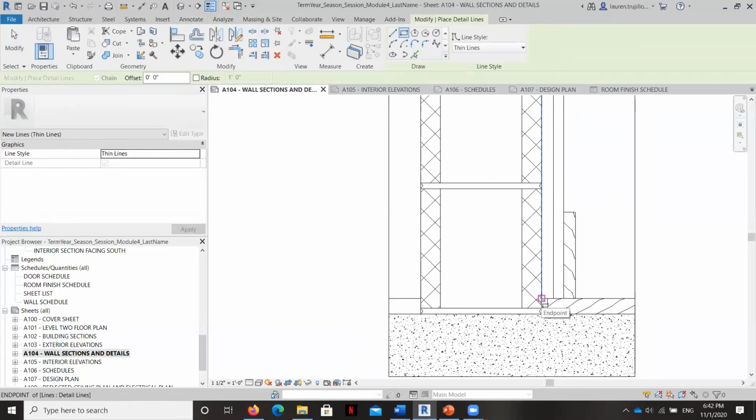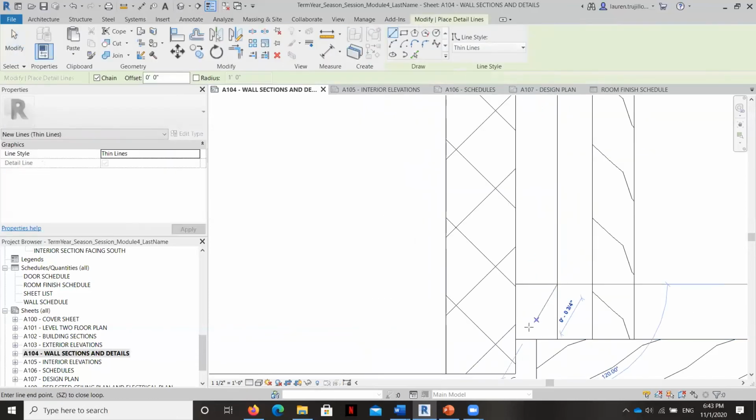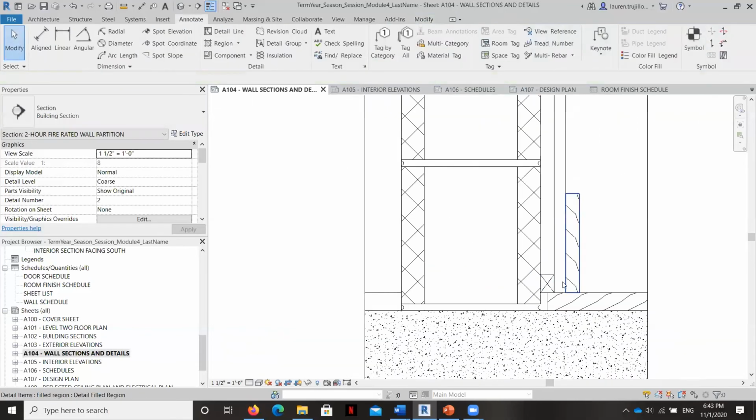There's probably a detail component in Revit somewhere, but it's not really necessary for us to pull that out now. I'm going to just do this the quicker way here, and we'll put it 1 inch. And when you cut through a piece of wood that's used for support, it has a little X, kind of like a little stud.